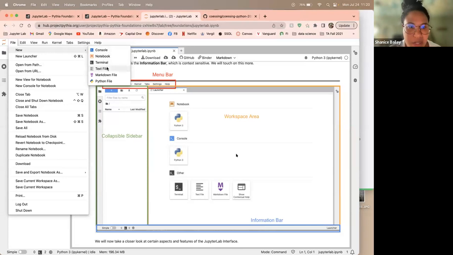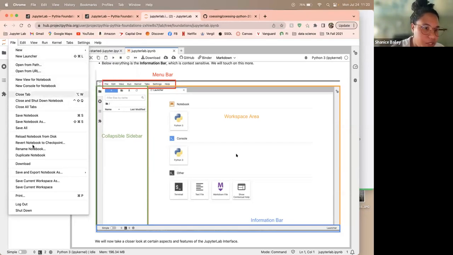And you can create text files, just regular old text files, or Markdown files, which are kind of like text files, but you can export them as PDFs and make them look nicer. And a Python file, which is what you would use if you wanted to create scripts. And then there's a bunch of options here, like you could save notebook, you can close your tabs, like I have 2 tabs open here right now. You can either close it through here, or you just click on the X here on the tabs